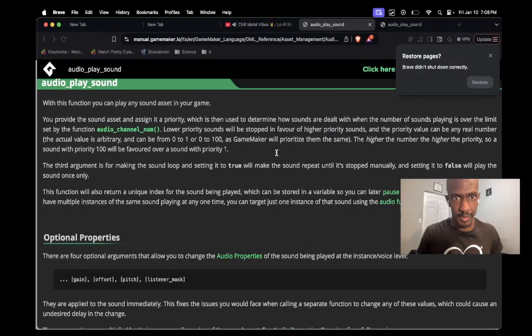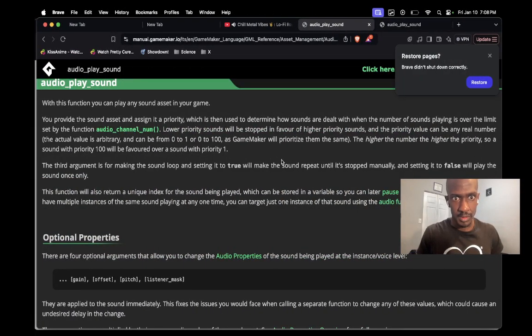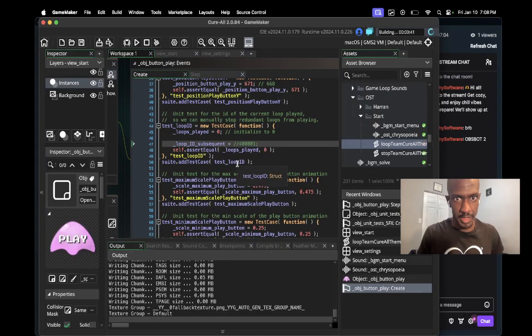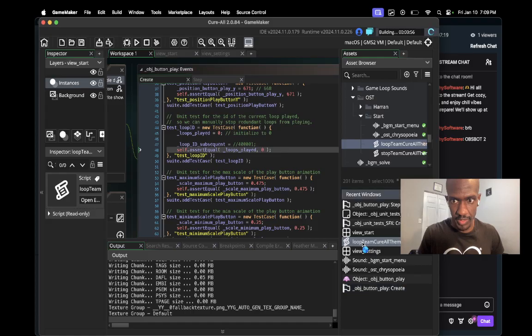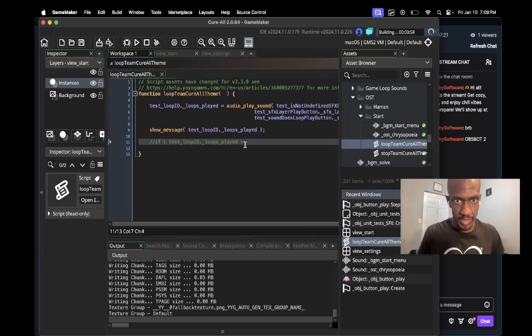Okay, so the pattern we see here is that it's just greater than 400,001. So if it's greater than 400,001, just to save some time here, let's go to, was it the step event? No, it was the function. If it's greater than 400,001,